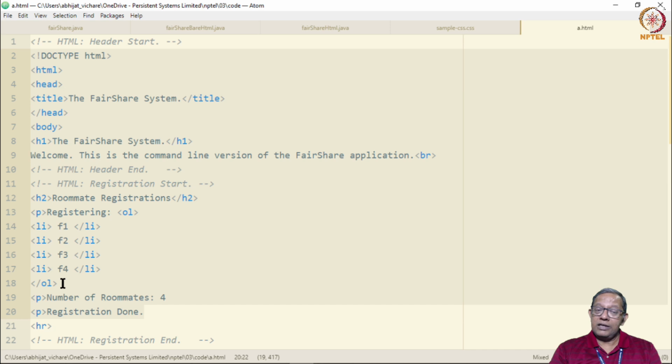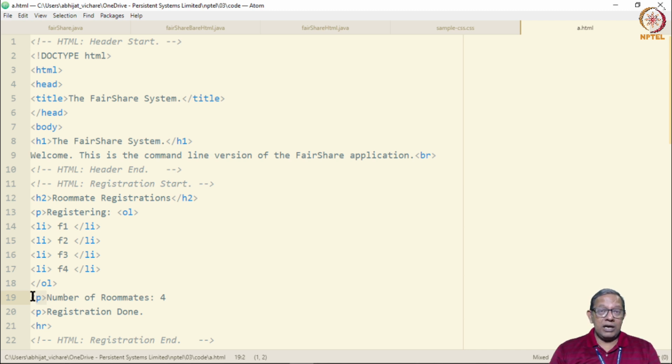Note that earlier in the command line version, we just produced this part of the output, the one that is now going to be the contents of an HTML page. We only produced the content. Now when we want to produce HTML, we should not only produce the content but also mark it up using HTML markers, for which we need to know the various elements of HTML.